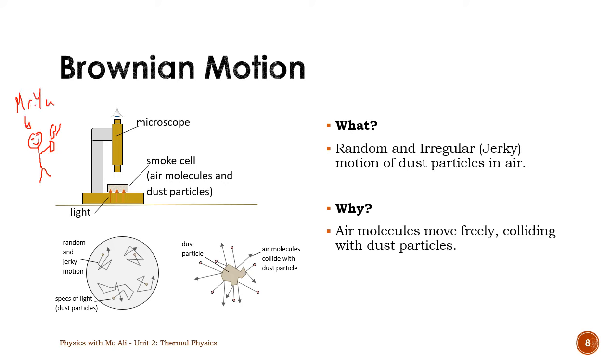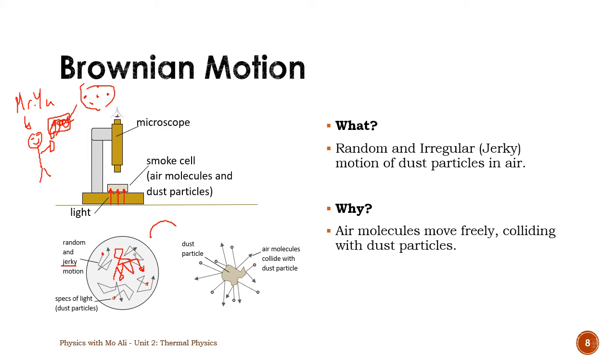Mr. Yu's back, and he decides to put that smoke inside a glass box. Smoke is basically just little pieces of dust and hot air. So if you take that smoke and put it inside the box, and put that box on a microscope, the microscope lights up the smoke box, and you start to see small specks of light, just small dots of light moving around freely, but in a very odd manner. We say they move around randomly, as in they change directions randomly, and jerky or irregular motion, meaning they